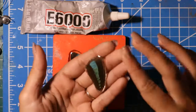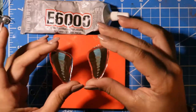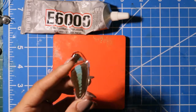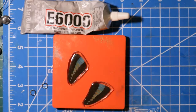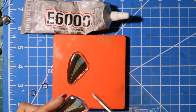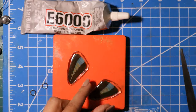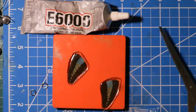So this is pretty much almost the final product. I think they came out so cute, but we just wanna clean it up just a little bit. So, oh, look at that. Hey guys. All right. Oh, gosh, this tape. So you see where there's some unevenness right there? We just kind of want to even that up to the best of our ability. Just clean up with the scissors. Do I have my E6000